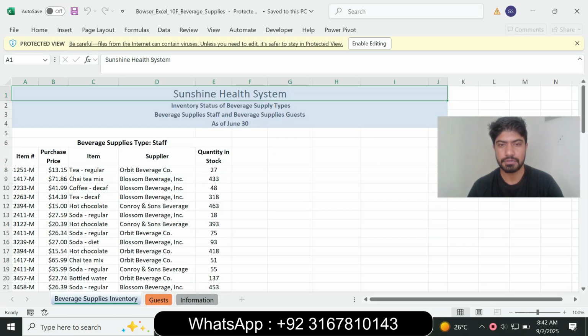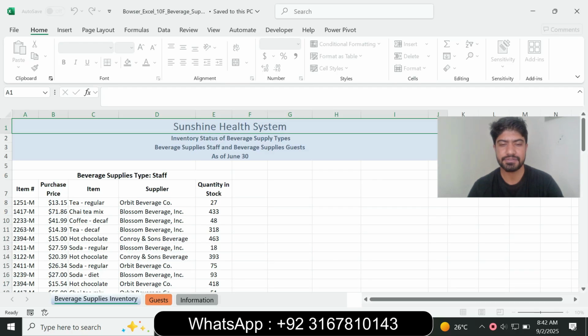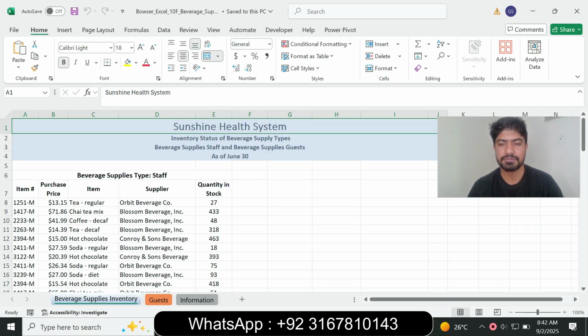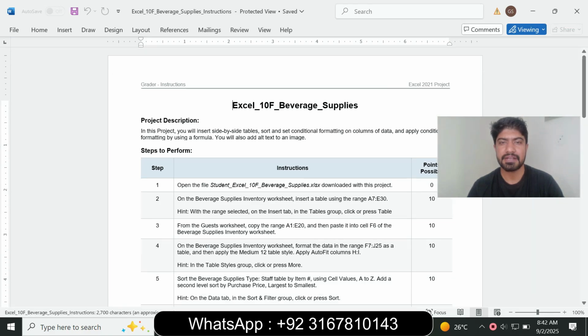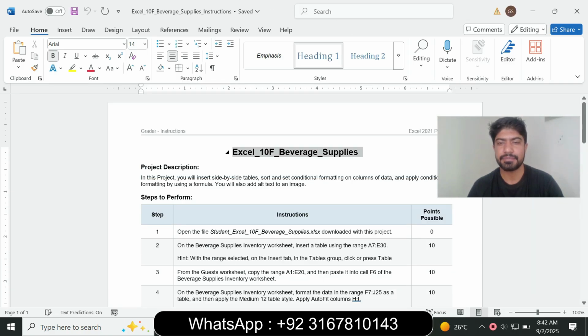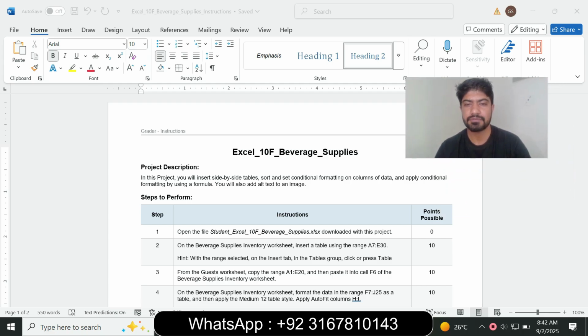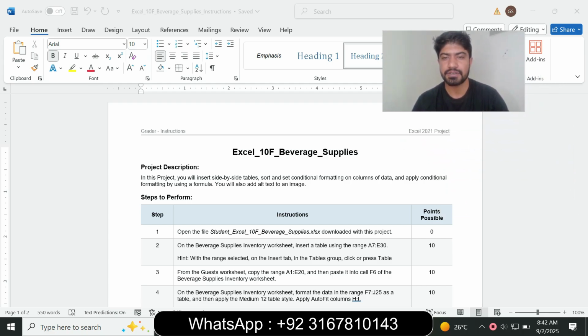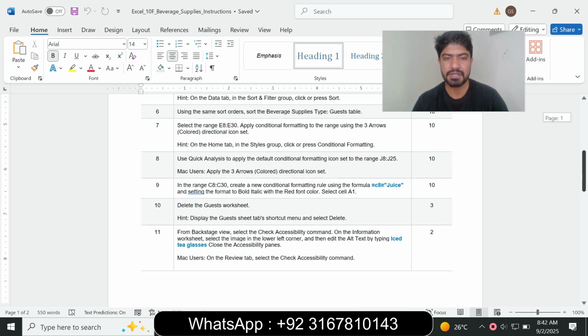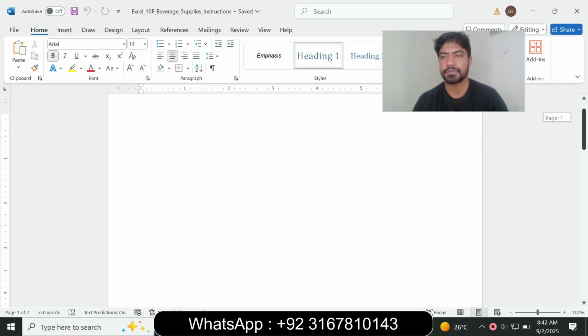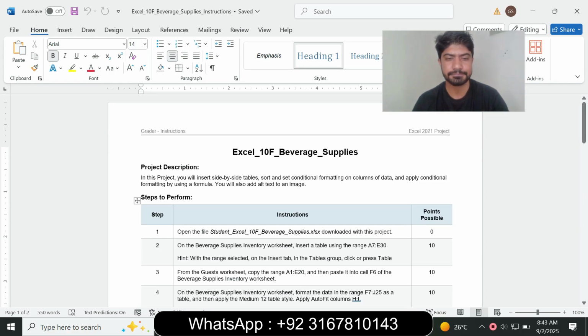So open the Word files, instruction file and open the Excel files. The assignment title is Excel 10F Beverage Supply, and the project description is: in this project you will insert the side by side tables, sort, and set the conditional formatting on a column of data. Apply the conditional formatting by using the formula. You will also add alt text and an image. So we move to the main project steps, and the total is 14 steps. So question number 1 is